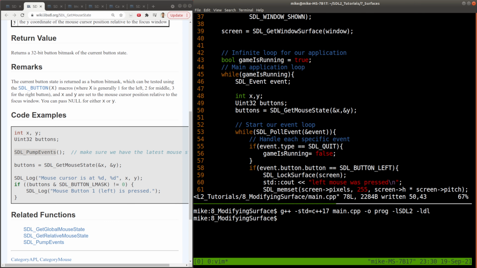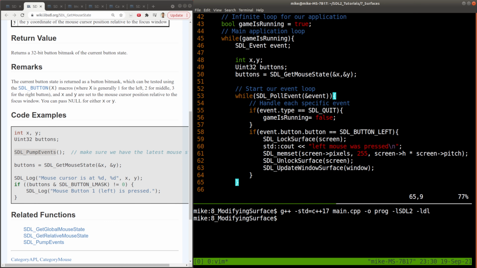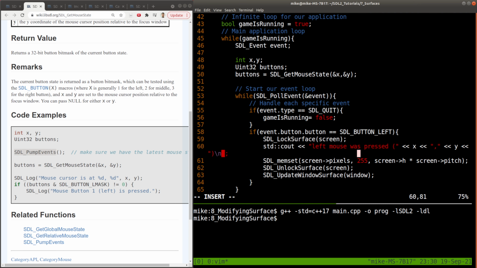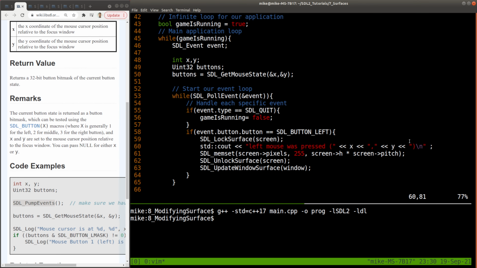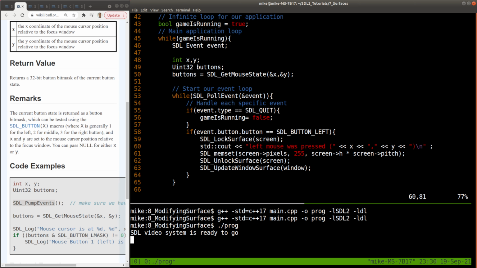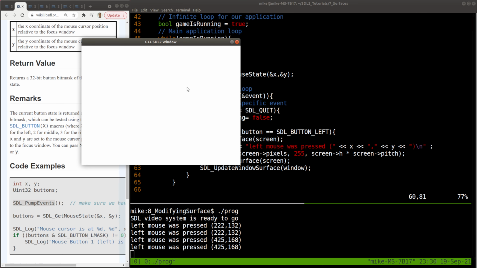So far, so good. And now instead of just printing out that the left mouse button was pressed, let's see if we can actually print the coordinates. So instead of putting an end line here, I'm going to go ahead and add in X and a space, Y, and terminate our string here, or our stream rather. Okay, let's go ahead and try to recompile, rerun, and I'll bring in our program, and we'll click around, and